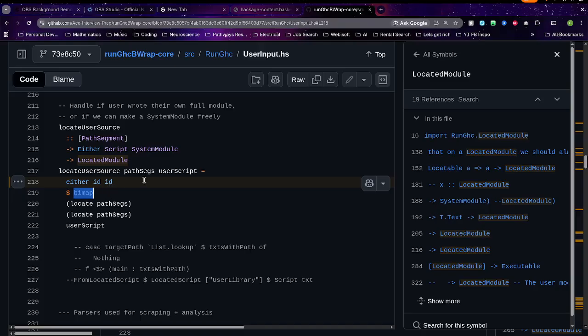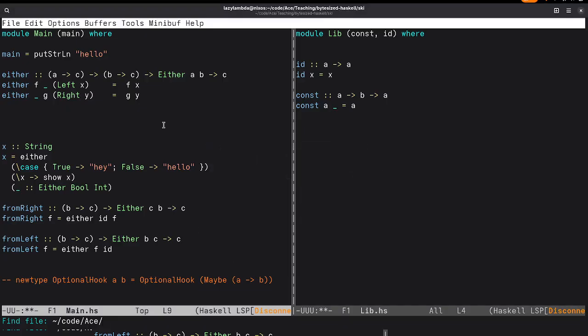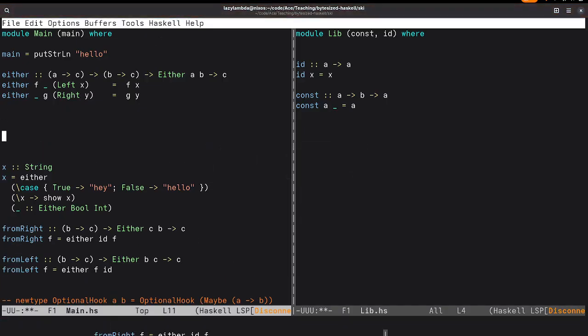And so in that case, I just want to go from this now not useful either of located module to just simply a located module. And so the way that I can actually write this conceptually,